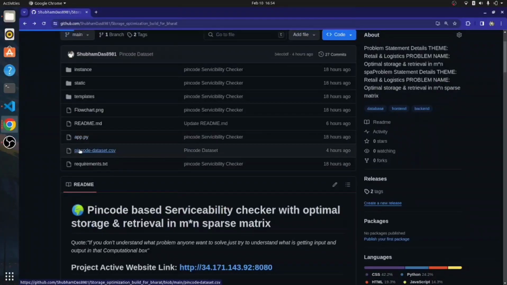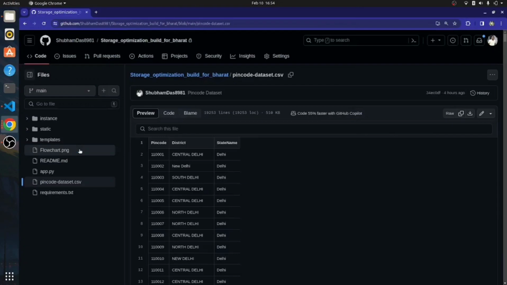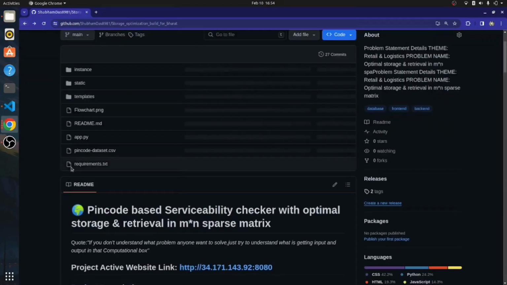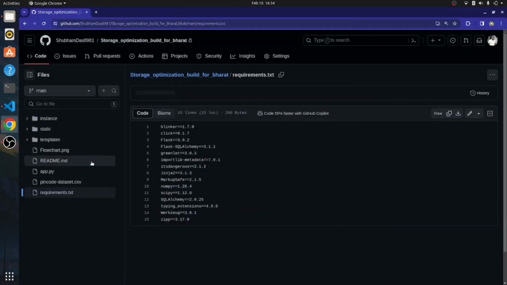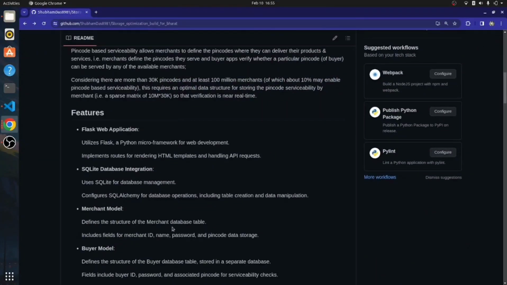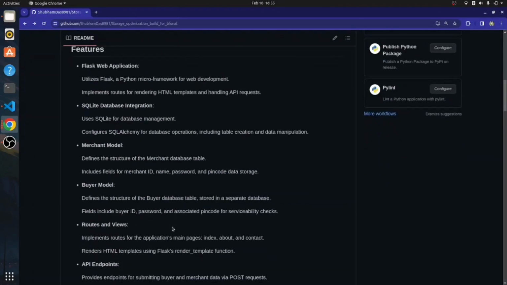Then one pincode dataset.csv is provided, which contains the pin code and respective district and state name for the test dataset, and the requirement.txt lists all the requirements needed before running the application on a local machine. As I've already introduced the problem earlier, we have used the features also mentioned in the PowerPoint presentation, like Flask integration, SQLite database, and then we have created an independent merchant model